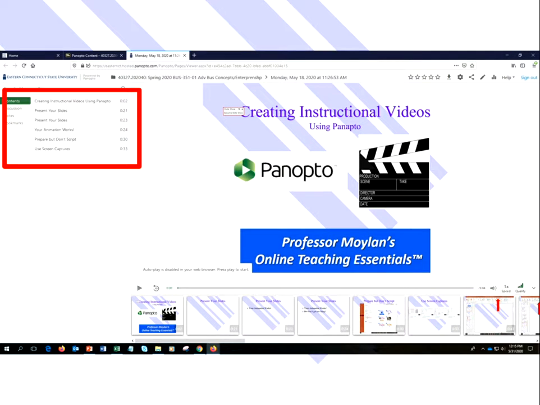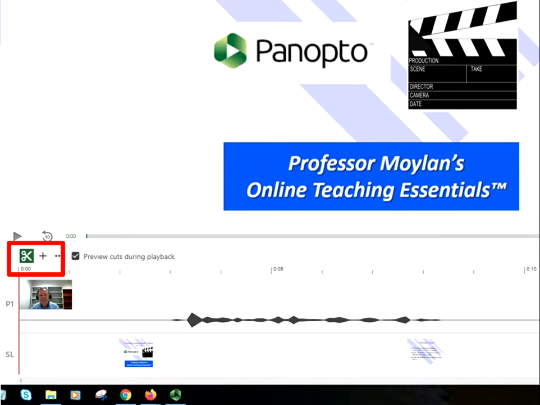Once you've stopped, it now saves your Panopto project. Now notice here, it literally gives me the timing of every new element that showed up on screen. So I can go in after the fact if I want to and edit that. If you look up the little on the upper right hand menu, the little pencil there, that's your edit tool. If you click on edit, look at this. It has given me